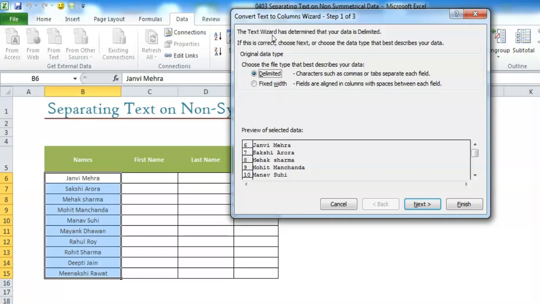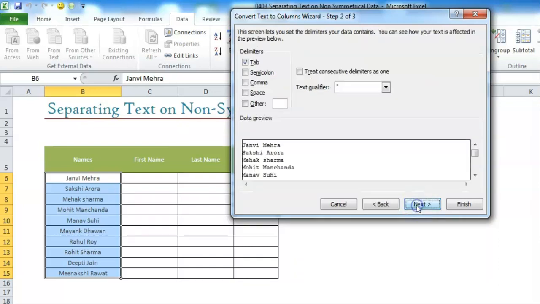So whenever you get data in a CSV, in a text format or any other format, we usually go with text to columns. Now delimited is an option when we have a common character such as comma, tabs, space or any other. But when we do not have any common character within the data, we can break it down manually. I'll show you both the ways, but first in this case we have spaces, so the better option will be delimited.